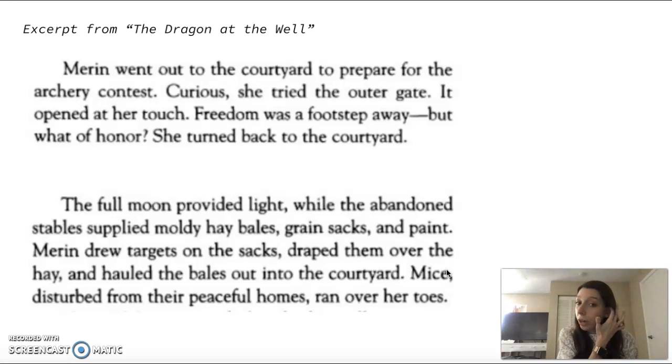Marin went out to the courtyard to prepare for the archery contest. Curious, she tried the outer gate. It opened at her touch. Freedom was a footstep away. But what of honor? She turned back to the courtyard.